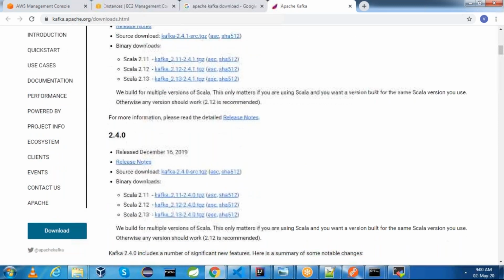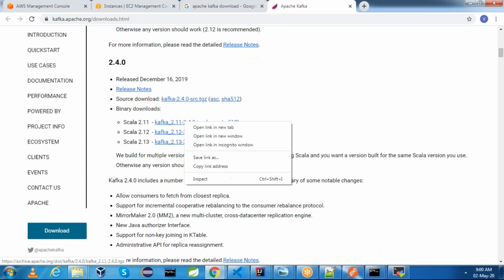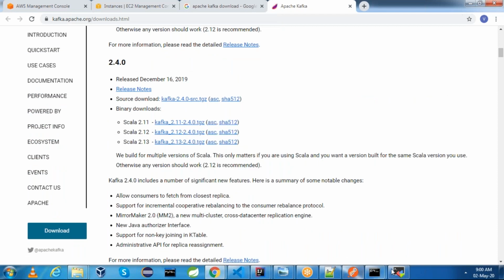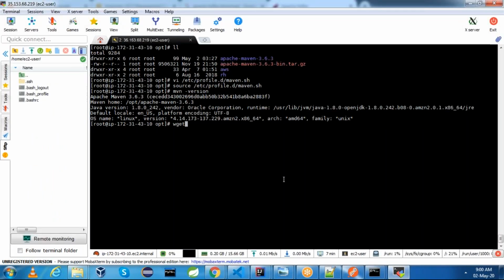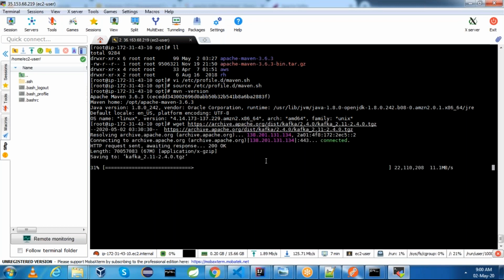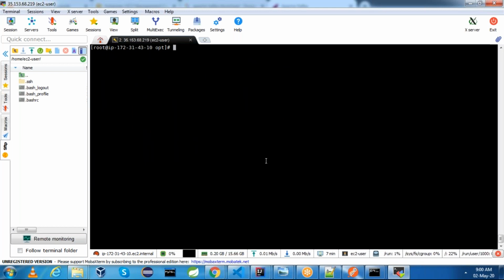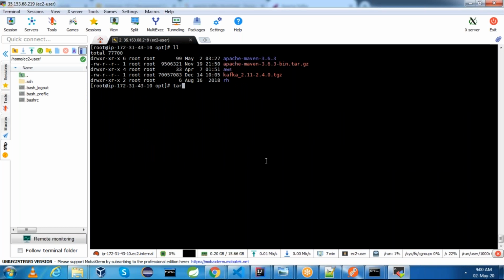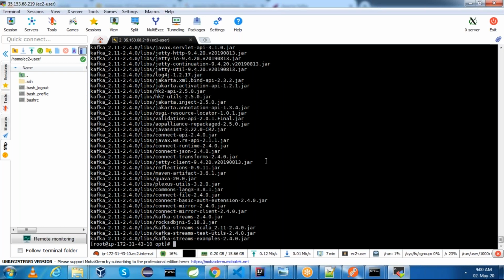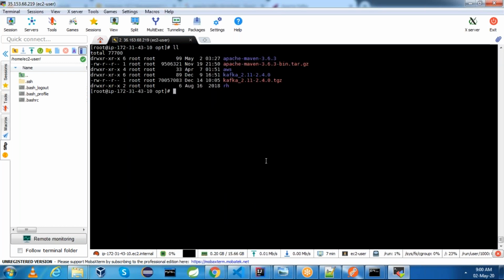We will use 2.4.0. wget, this is the Kafka URL. You can extract Kafka. Kafka is extracted. If someone knows about Kafka already, basically